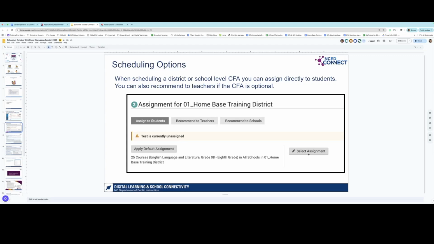That is not the case for every district. It is only the ones that did not directly apply that grade level and kept that grade range. So while some districts would be able to apply the default assignment, I would do the select so you can make sure that all of the course codes listed are the appropriate ones for that grade level. That's just something I have found with Infinite Campus. Until all of the kinks are worked out, I would be on the safe side and select it to make sure all of your course codes are correct, and that way you can add any additional course codes you might need as well.